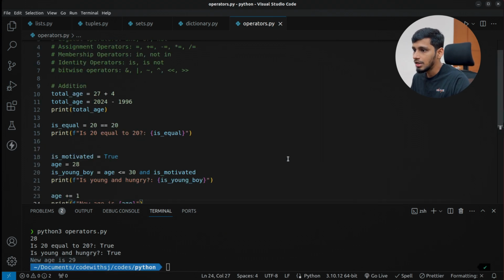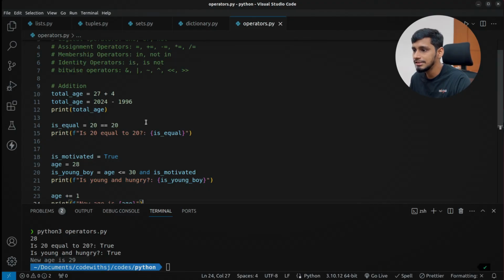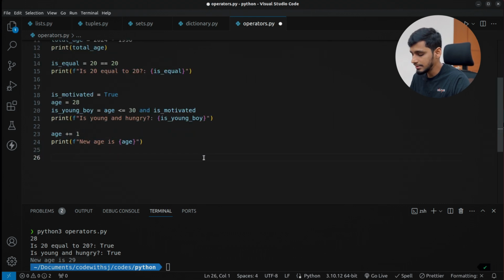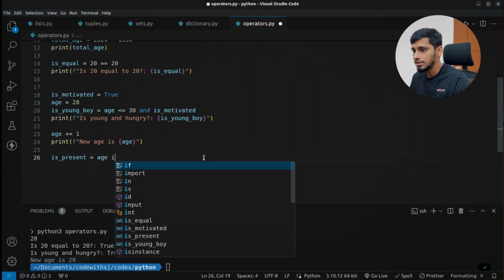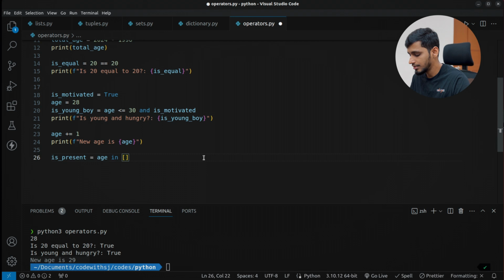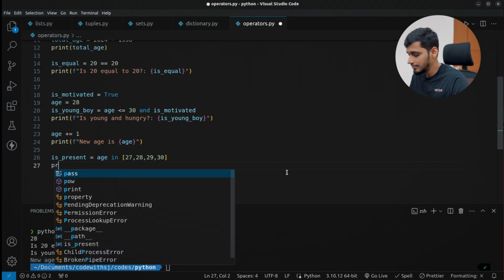So it works. Now we can check membership operator. Membership operator is very easy. Like let me show you. Let's say is present, okay, is equal to age in, we have a list, okay, so let's say 27, 28, 29, 30. It should be 20, 22 over here, and we'll print